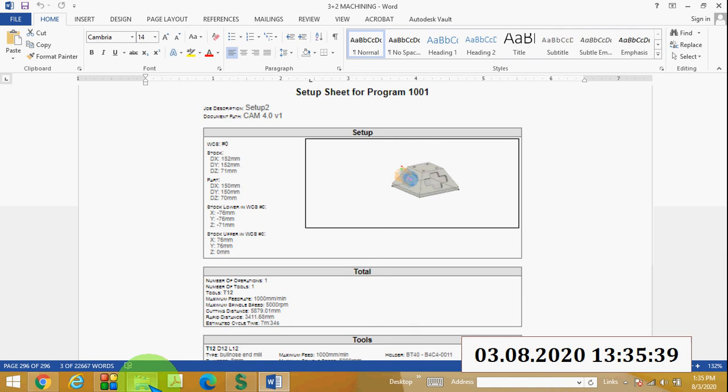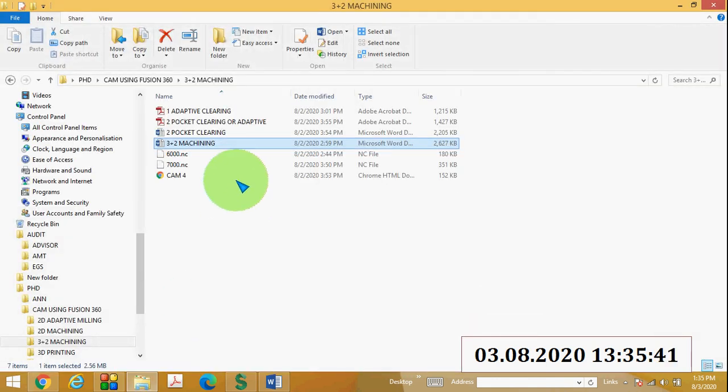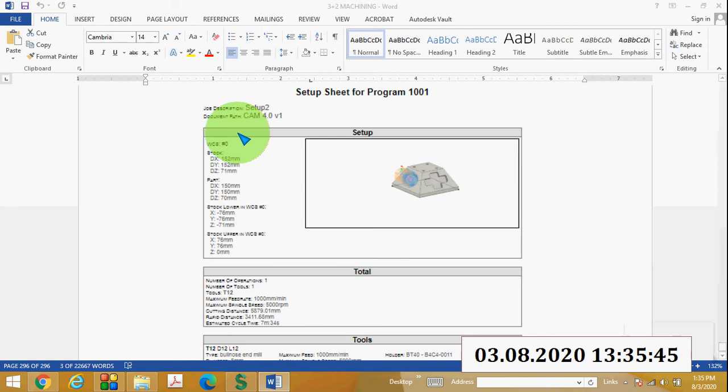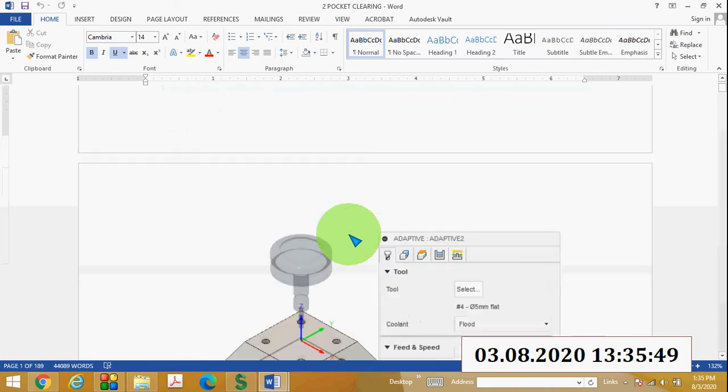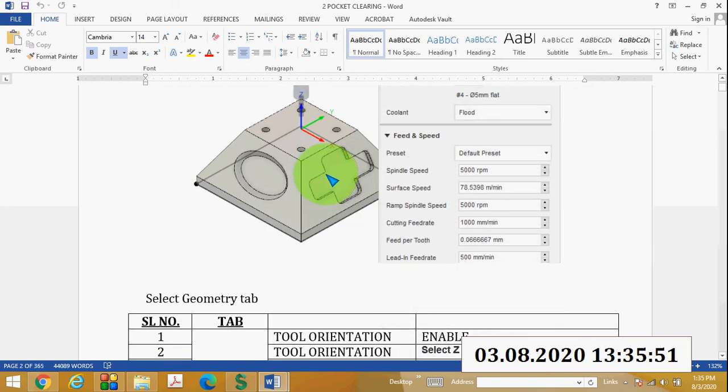Another example is similar to this example. This is pocket clearing. Here you can see you want to cut this plus shape in this inclined surface. The similar steps I explained for the elliptical shape apply.